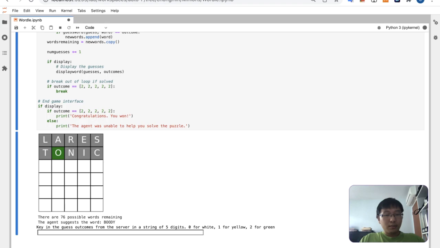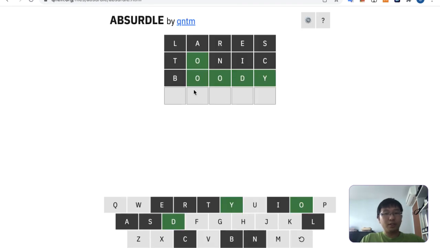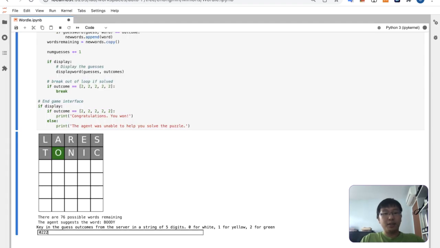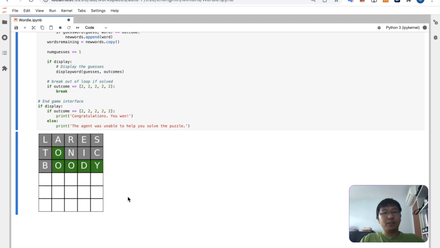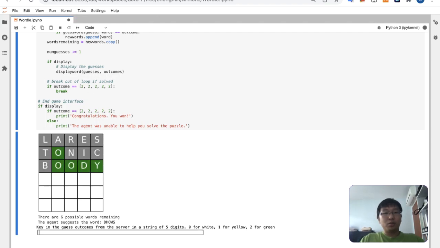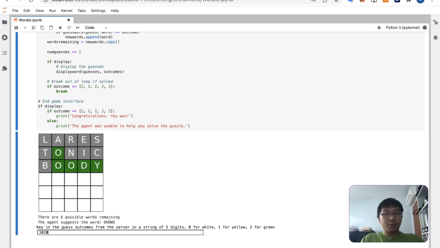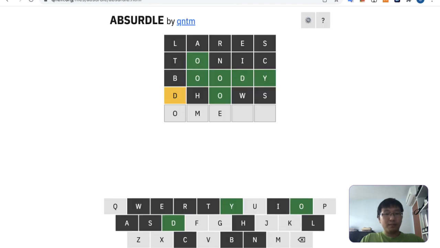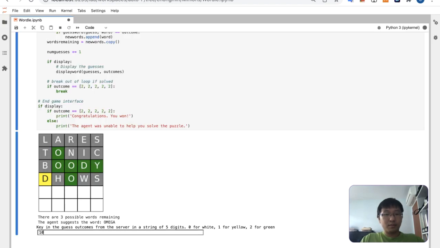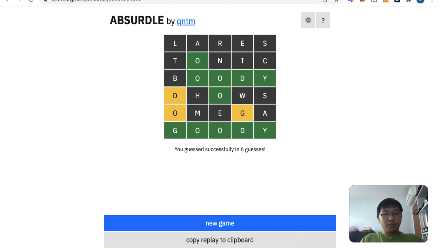Booty. Looks like they like booty a lot. Not sure why. This minimize variance is similar in performance to the other. Now it's dwarves instead of dwarfs. Okay, 1 0 2 0 0. Omega. Goody. Okay, so